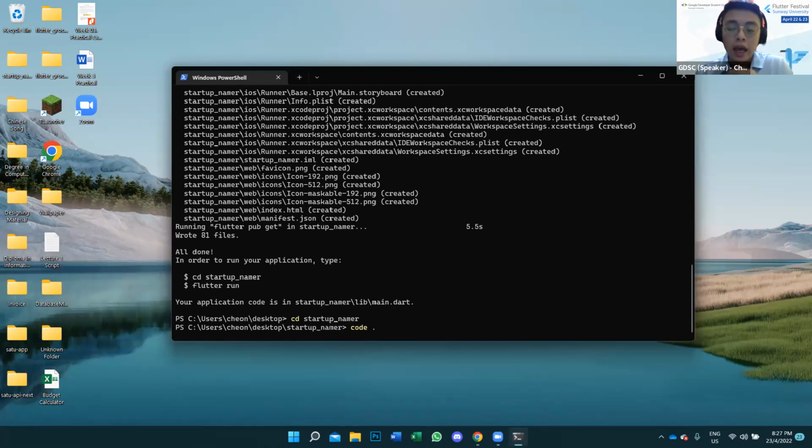The dot in the end basically means the current directory. And the command code is actually a command for Visual Studio Code to open the folder. So this is actually a shortcut, okay? So once you enter,